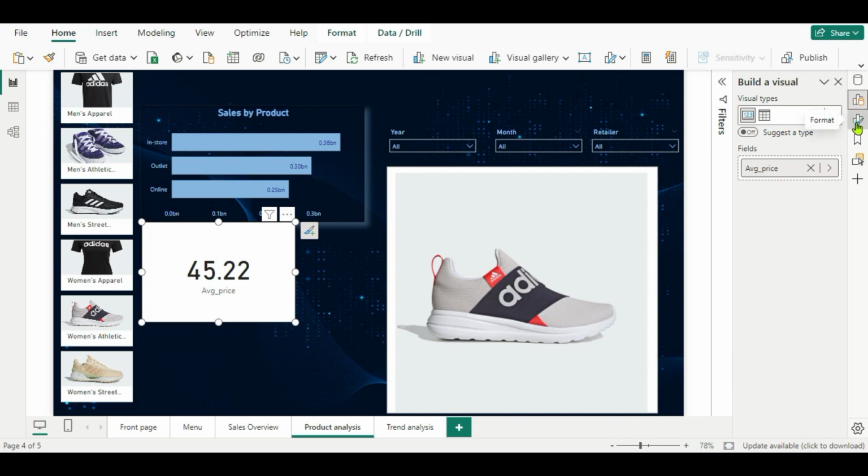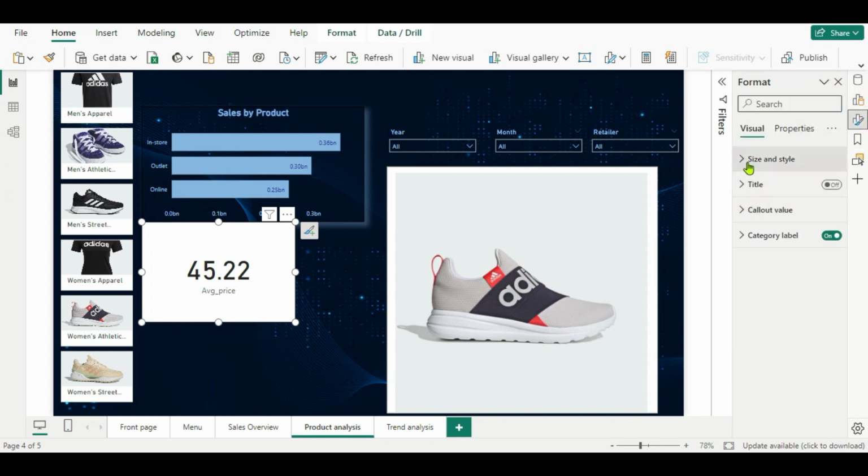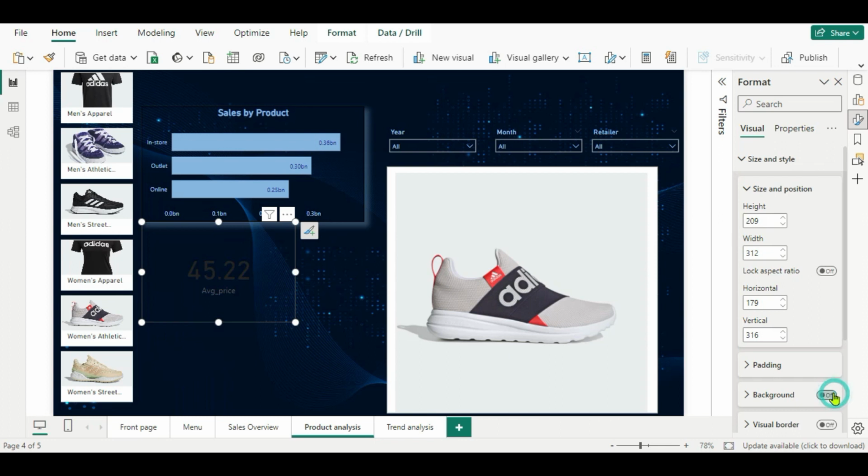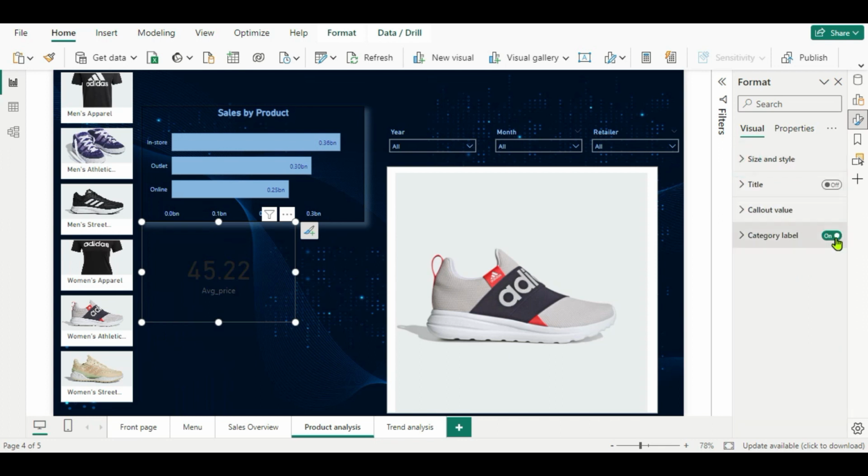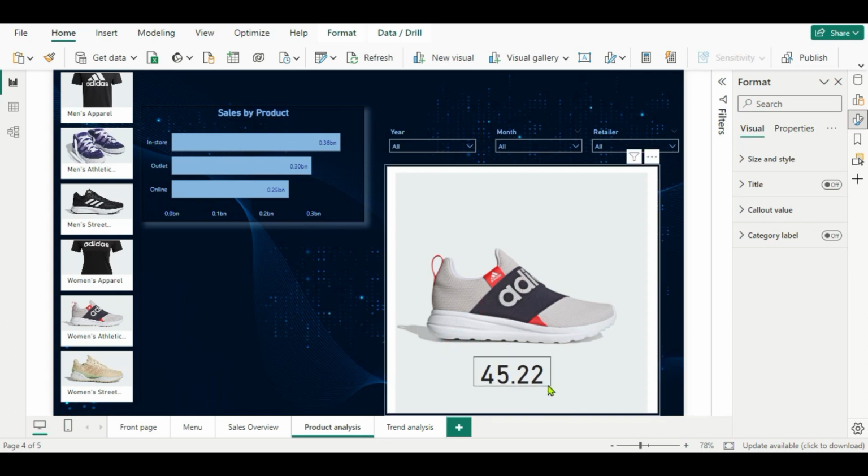Go to the format here. Here we don't want the background, turn it off. Okay, and we don't want a category label as well. Okay, now if you shift it here, now we get the price, but it is not in currency form, so we have to change it. So what we can do here,